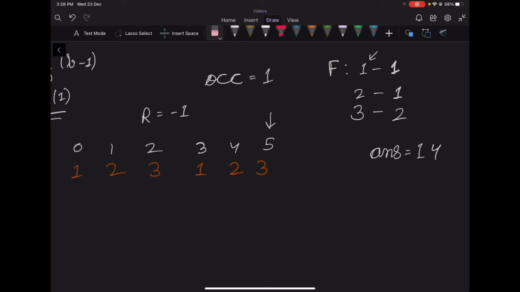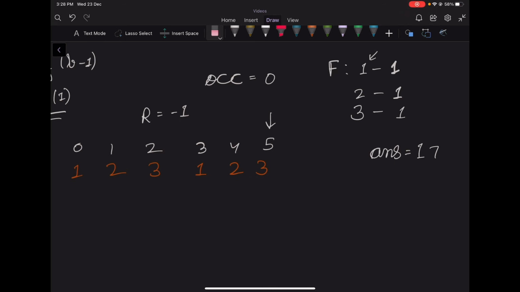And now let's increment our left pointer so that this decreases the frequency of 3 to 1 as well. So now the number of occurrences will be 0. Occurrences of special elements, that is elements whose frequency is at least 2. Again we will add 5 minus 3 plus 1, that is 3, to our answer. So answer will be 17 now. Since we cannot increment our right pointer, we are done.